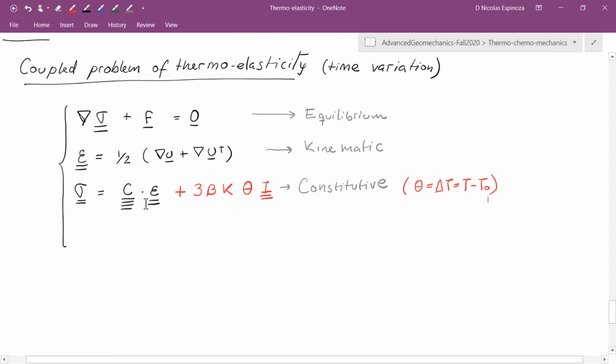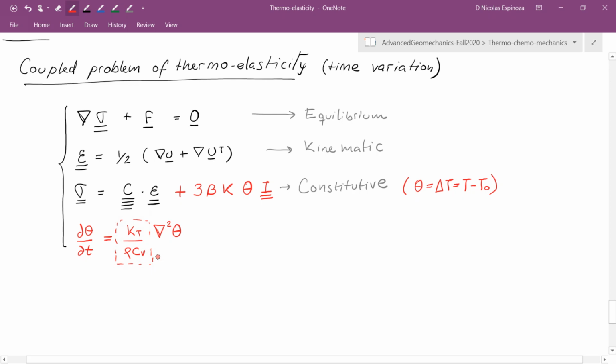In order to take into account that physics, we're going to need a new equation, and this is called the heat diffusivity equation, and it is written as follows. It tells you that the variation of temperature as a function of time is a function of the variation of temperature as a function of space. So this is the Laplacian of the temperature, and those are second derivatives as a function of space, proportional to the diffusivity parameter,